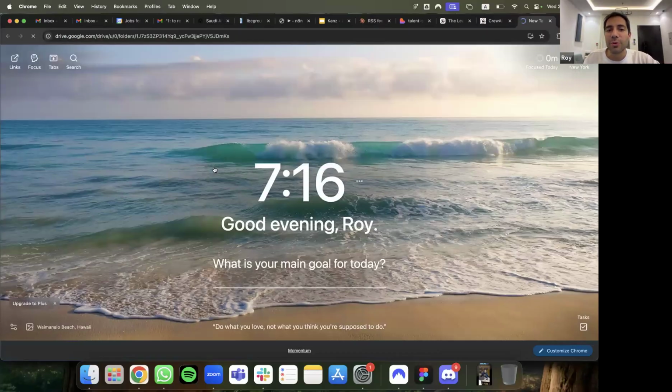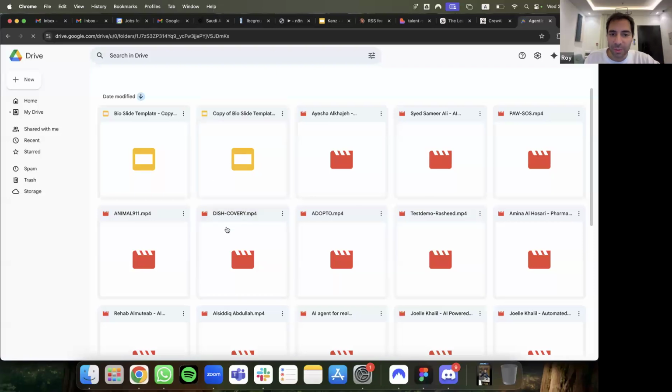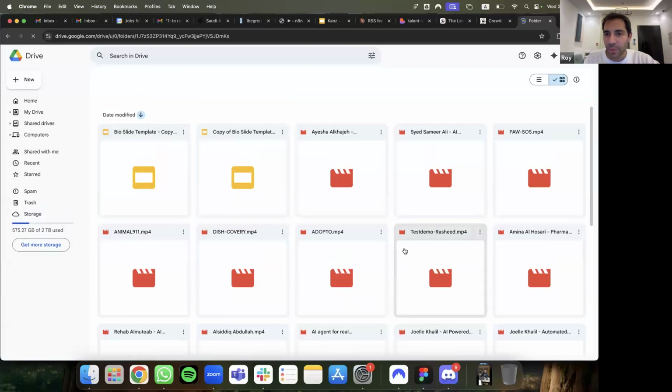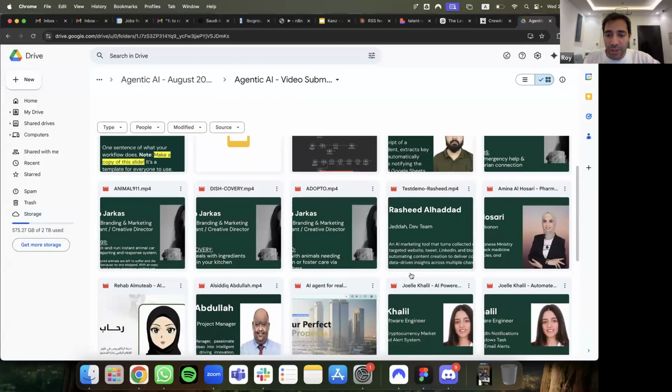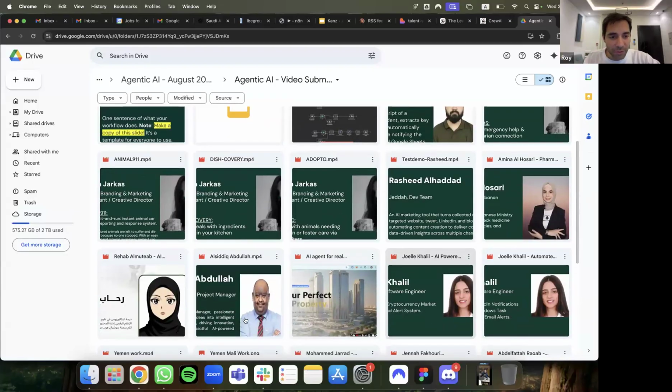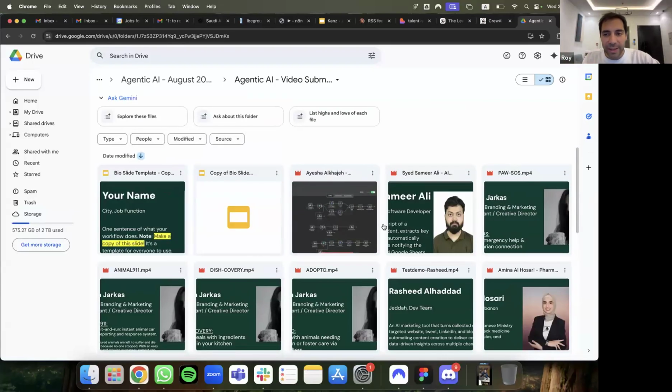This is what we got from the first cohort, the one that we did last month. Look at all of these apps created. One is Pet SOS, and these are the various workflows that they created. One is dish discovery based on what's inside your fridge. One is a workflow builder of workflow builders. One is an Islamic finance platform. That's the kind of stuff that you're going to build.